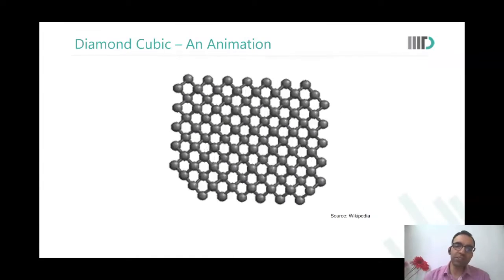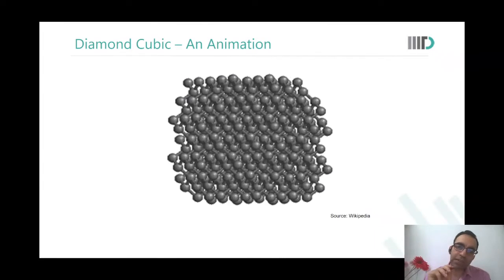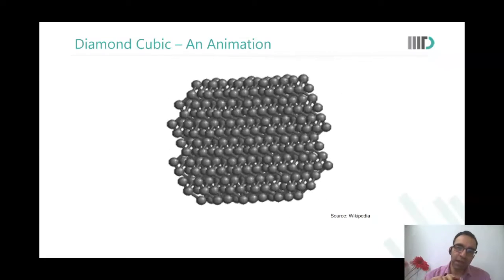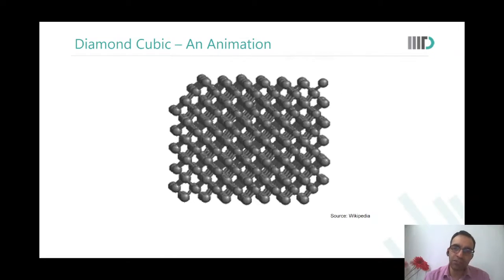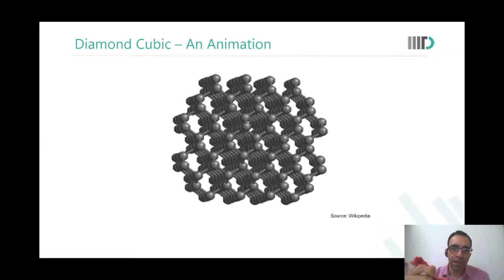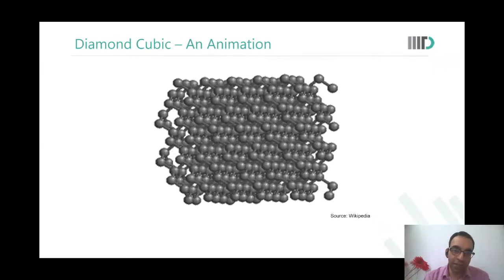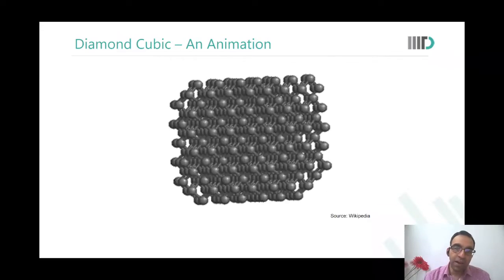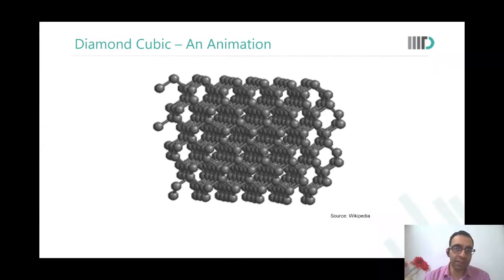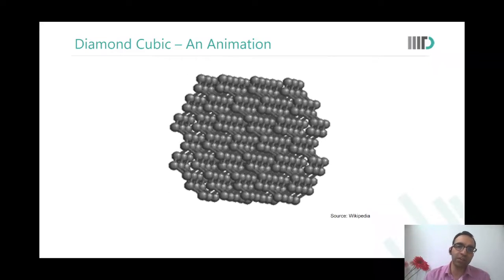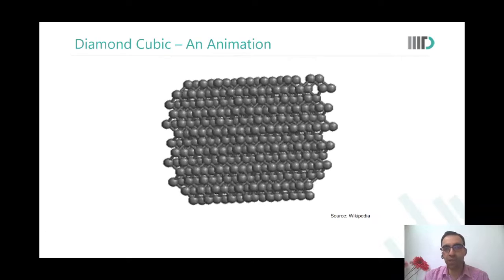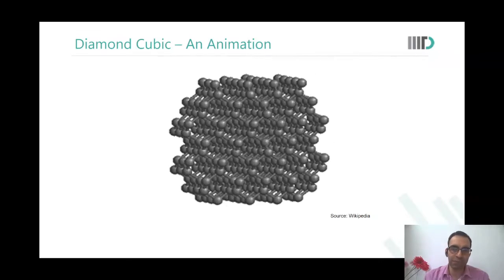So what all will change? Let us say I want to send an electron from one side to the other, and there is a large density of atoms there. The electron will experience lots of resistance to pass. Whereas when you have that hexagonal view, like this one, electrons will pass easily. So the direction in which I am trying to move my current, the electrical properties will also vary. The physical properties will also vary.